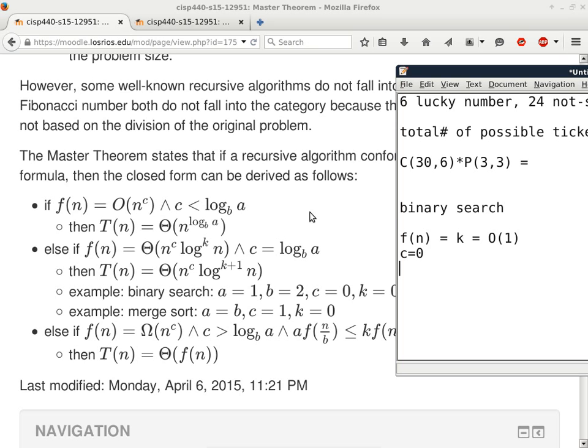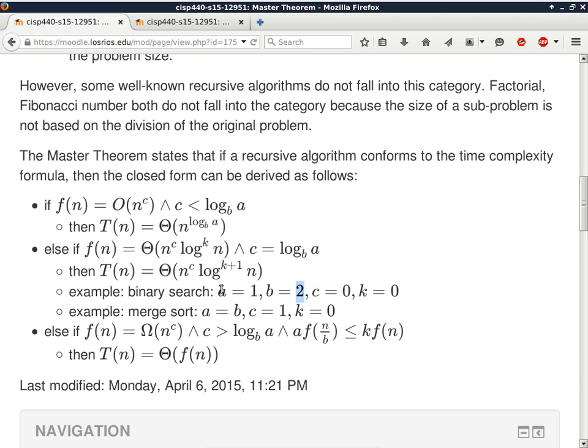Well, I know binary search fits in this pattern because it's right here. Okay, A is 1, B is 2, because we break the big problem into equal halves, but only one half needs to be solved. So that's why A is 1 and B is 2. When B is 2 and A is 1, what is log 2 of 1? Log 2 of 1 is 0. Very good. So that's how we determine c is 0. So we apply c being 0 here, k being 0 here, which means we are not applying log to n even once. So we should get big O of n and not log of n.